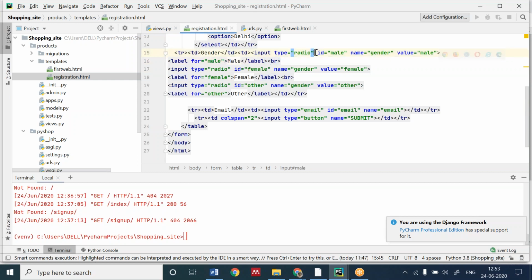You can write simple input type radio male, then input type radio female, then another radio button, other. These are three radio buttons and these are three texts which we are able to see. Okay, for email, there is an input type email. It takes the email. Okay, hope it's being cleared.